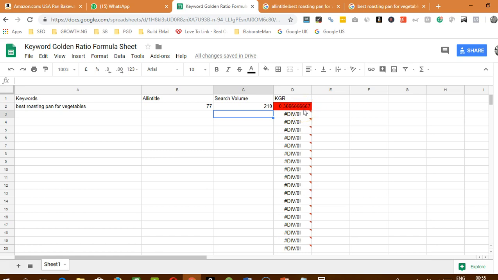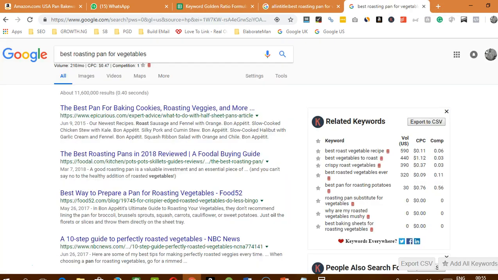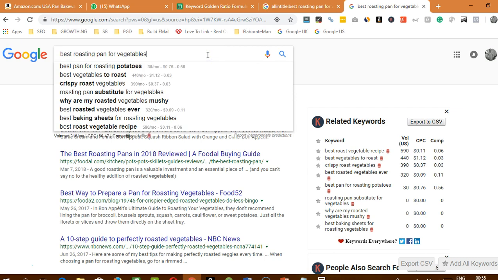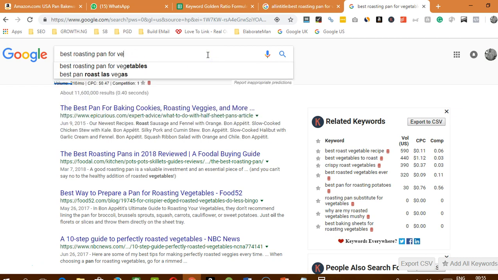I told you if the KGR is more than 0.30, you should run away from it. It means it is competitive. Although this one is not fiercely competitive, since that is the standard we set for ourselves, you don't want to focus on a keyword like this. Then you come back here again. Obviously this one is too competitive. You can look for something that is less competitive. Let's say best roasting pan for